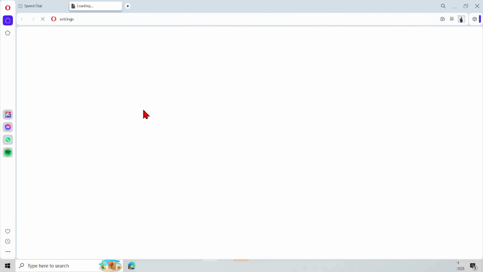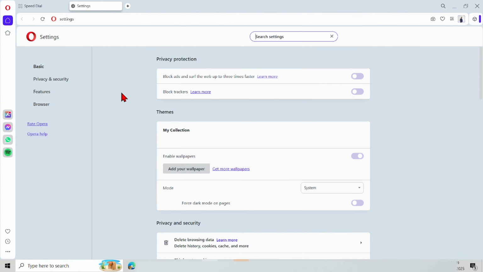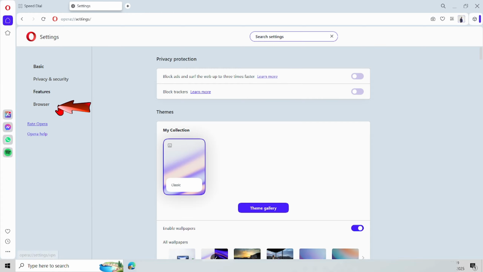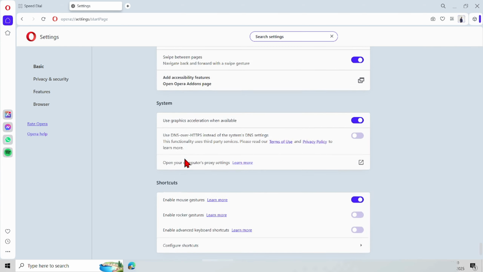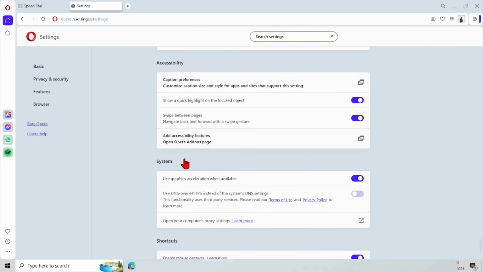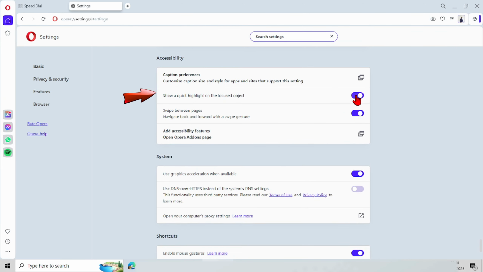Now here it is in the settings menu. Enter the browser menu. Now here it is in the browser menu. Scroll down to find the accessibility menu. Then tap quick highlight on the focused object. This feature hides the quick highlight on the object being focused on in Opera browser so that the display is